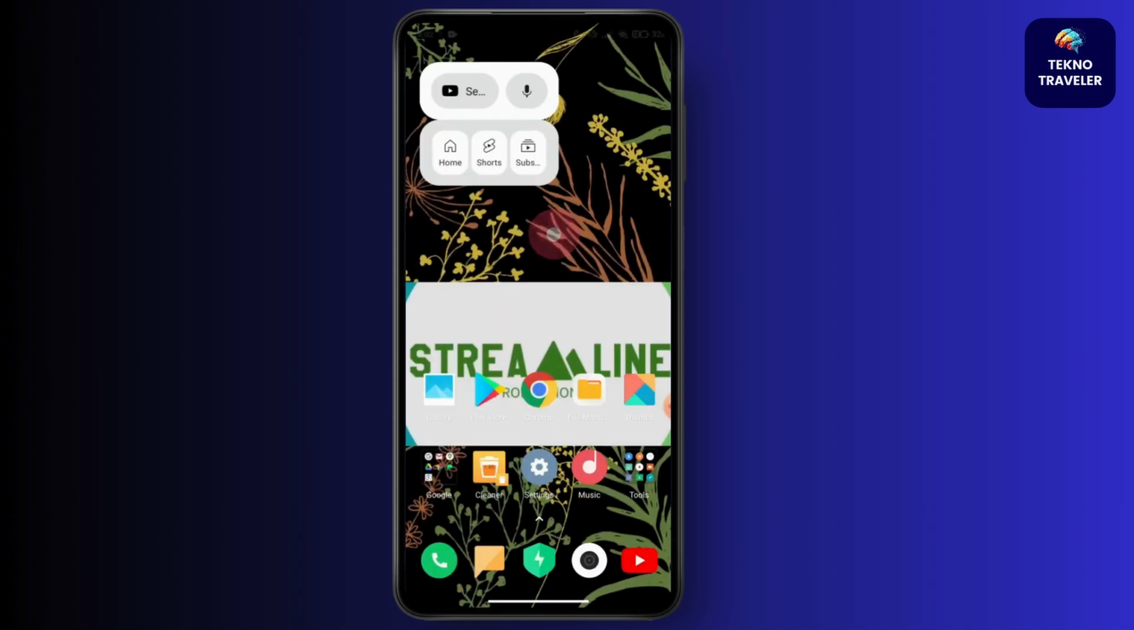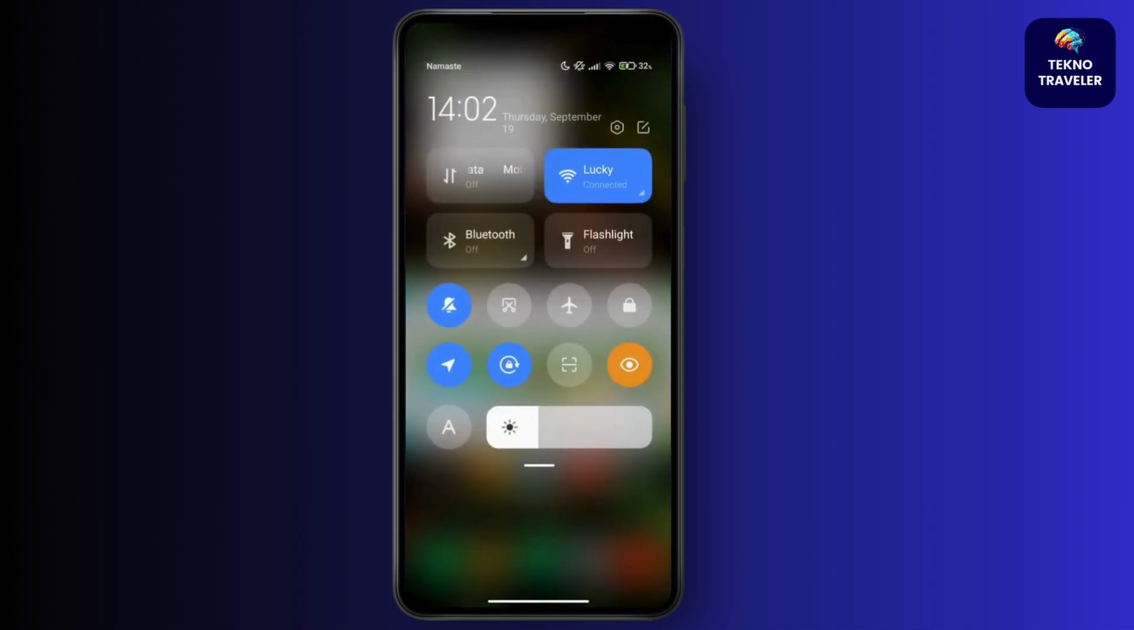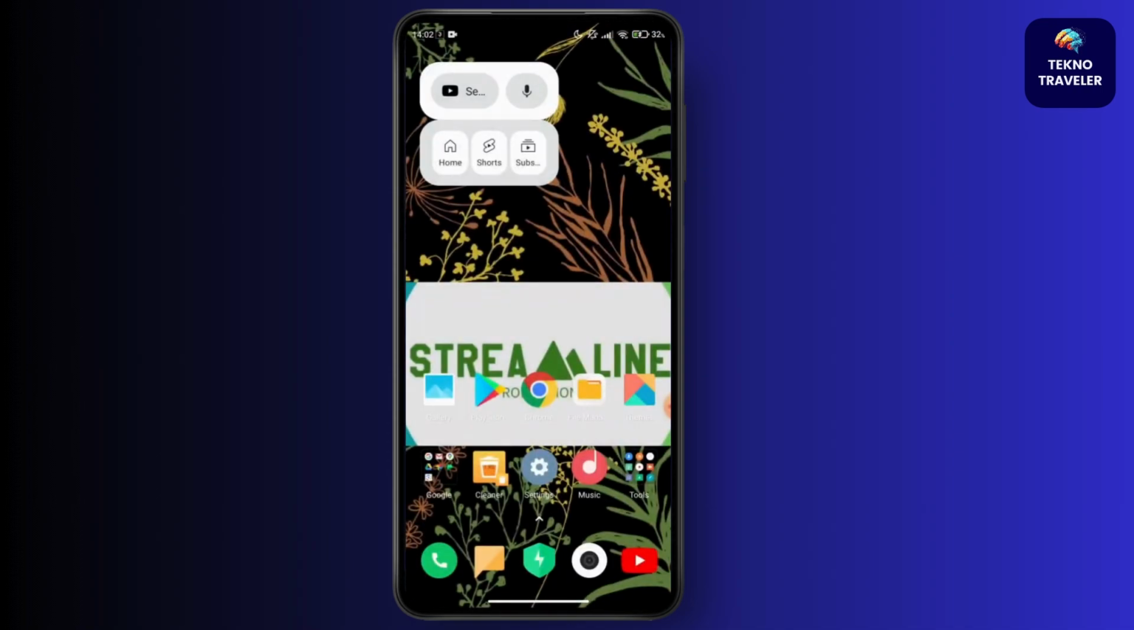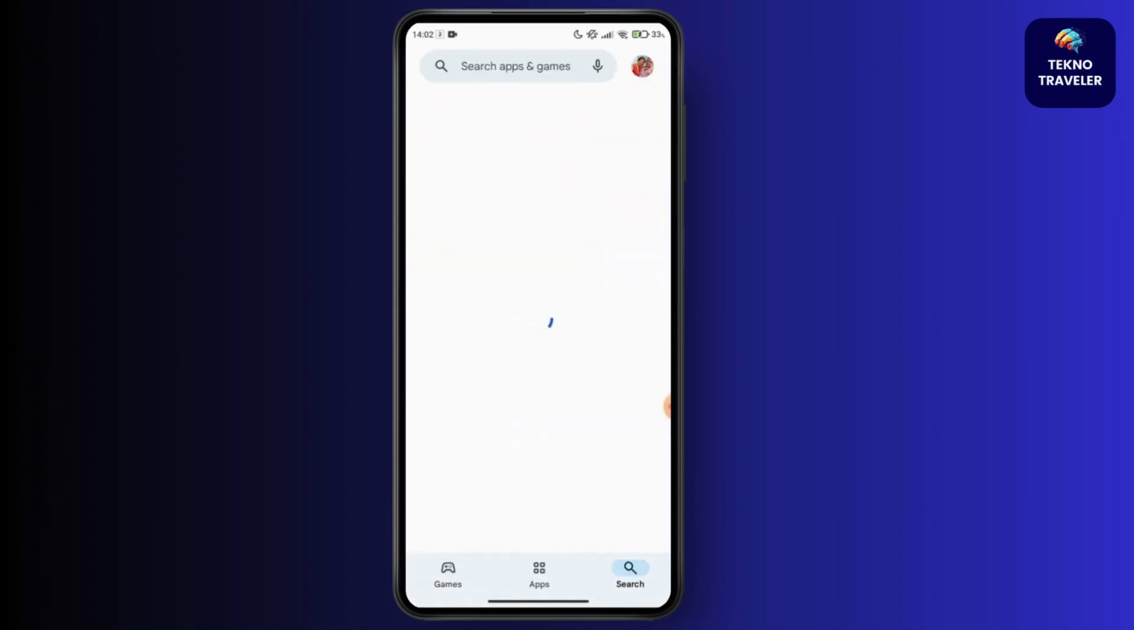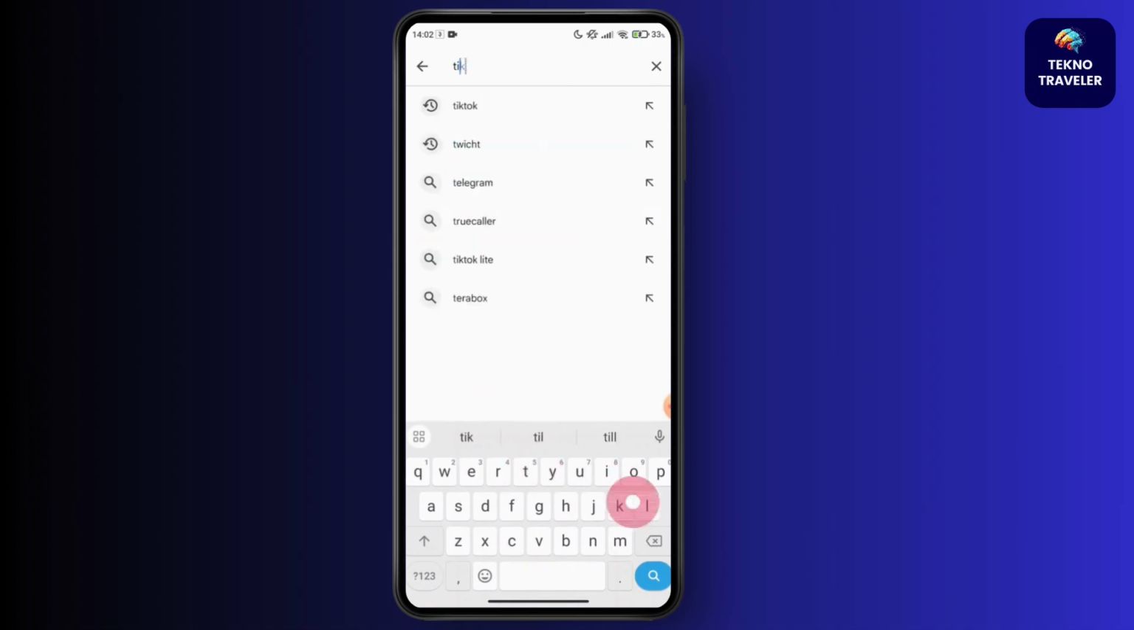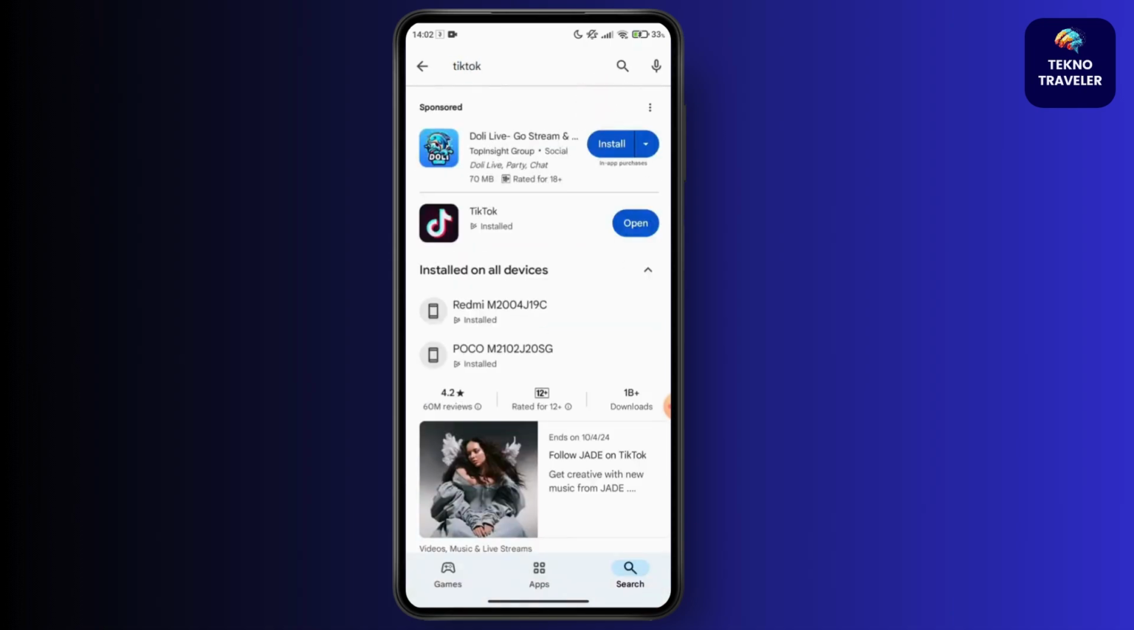You can switch between your Wi-Fi and mobile data to see if that also solves your issue. So make sure that you are using the latest version of TikTok. You have to go to your Play Store or App Store on your device and search for TikTok here. Once you have searched for TikTok, if there is any update available, then you have to update your